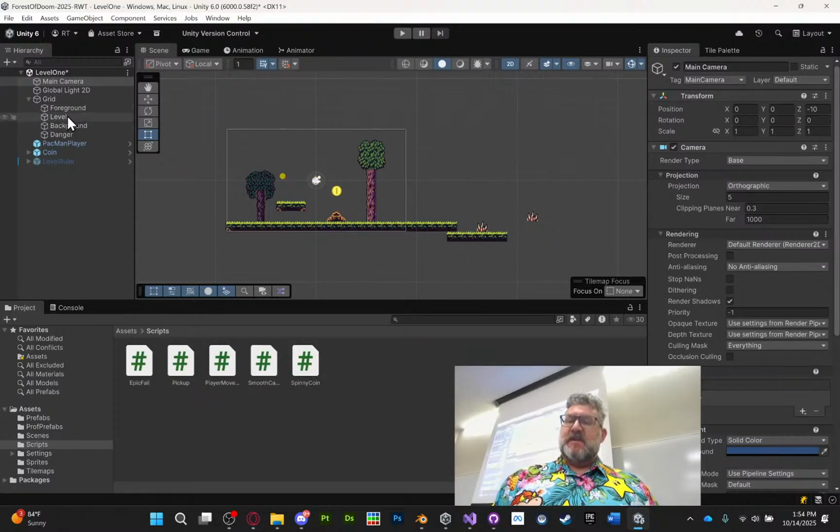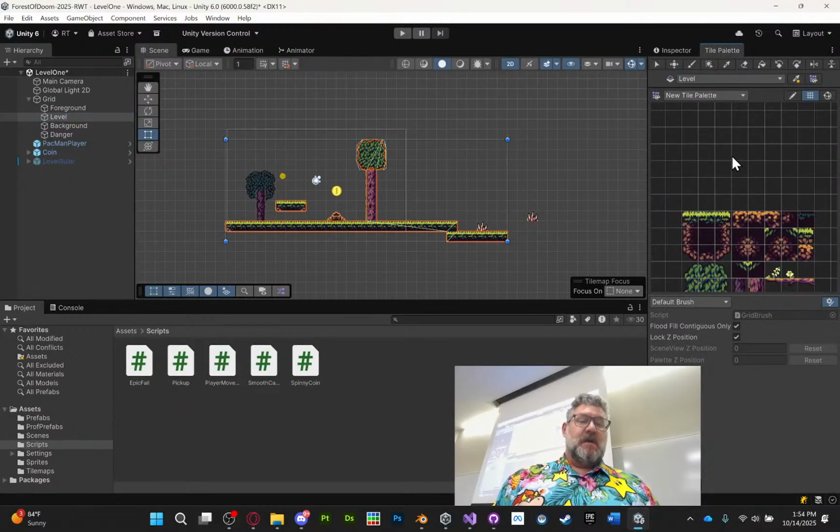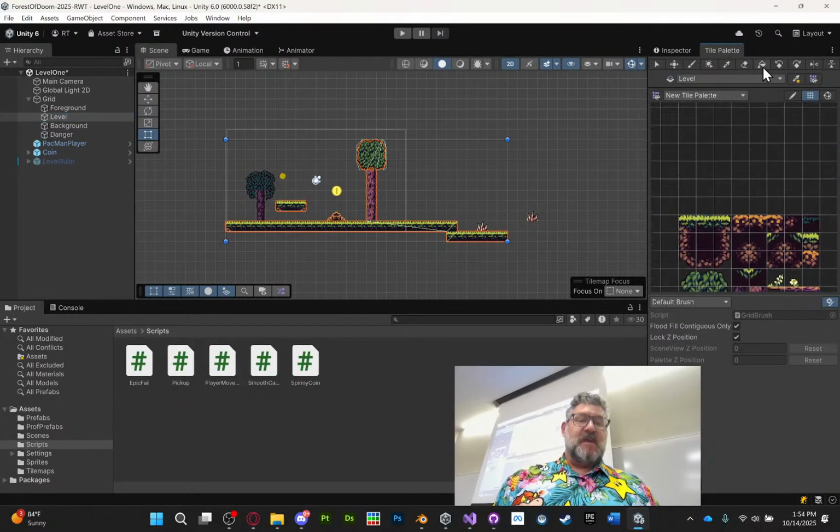Okay. And then someone had asked, and then someone else answered. So good on y'all. How to erase stuff. So yeah, we got all these tools up here, and that's the eraser. So if I'm on level here, I can just erase, and now I can get through there without having to do crazy wall jumps. But what I could do is go to my background layer now,